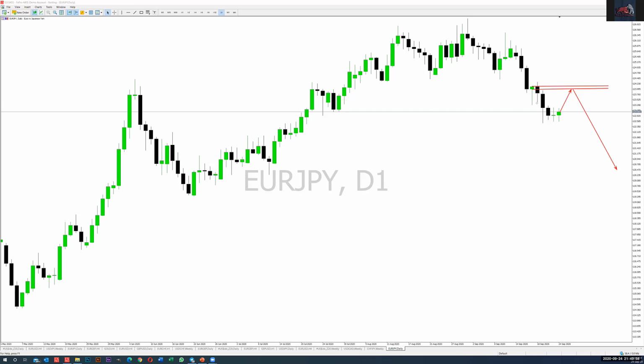Small bodied candles mean there wasn't much selling or buying. So now I hope you have understood what a fresh zone is, and non-fresh, used up, and original zone,